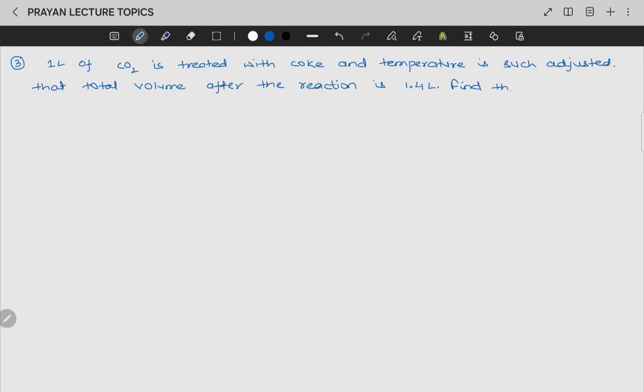Find the composition. In this case, you have to find the composition, that if 1 liter of CO2 is treated with coke